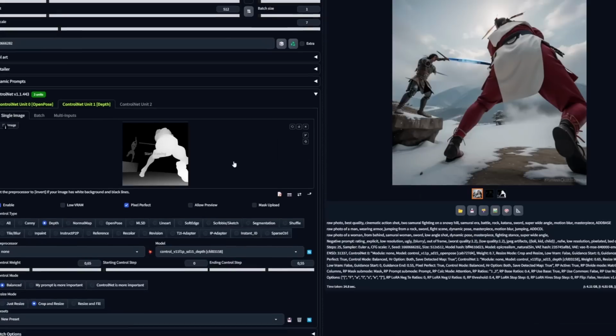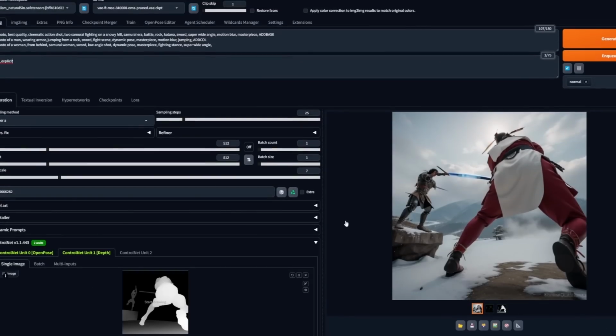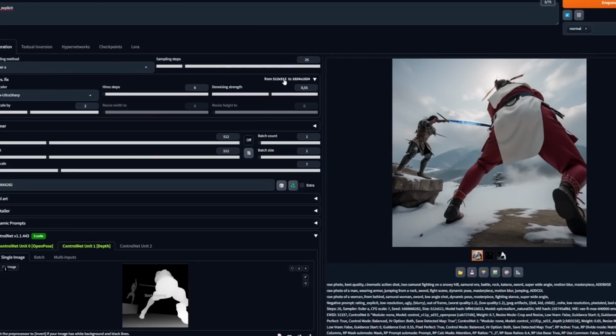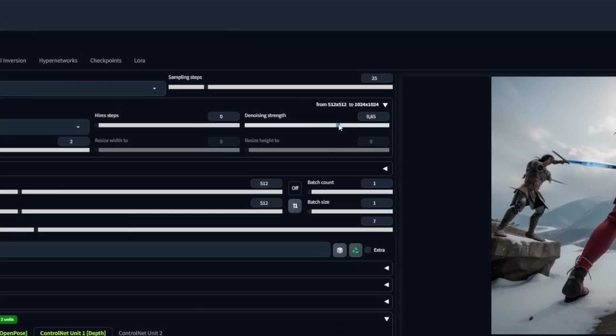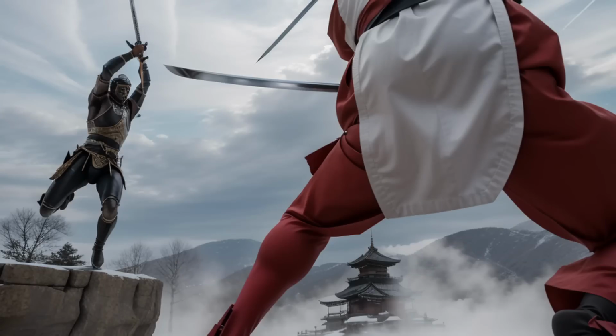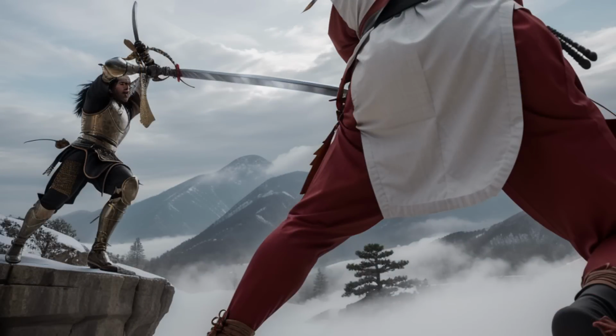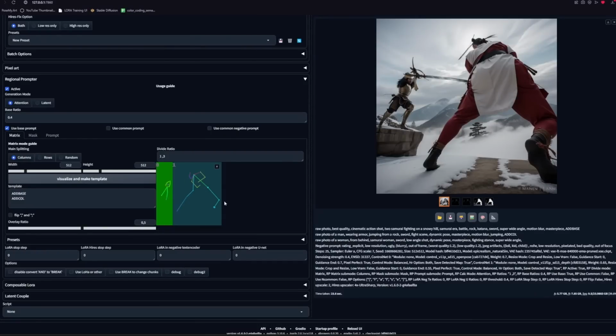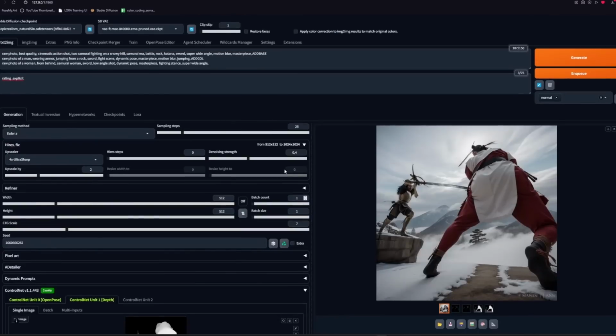In case you have two characters that get generated properly with SD 1.5, like in this example I made, using a high res with a high denoise strength like 0.7 will help the smaller character to follow ControlNet a lot better than if you just upscale the base result with something like 0.4. And of course, in that case, you would probably also want to use regional prompter, like this.